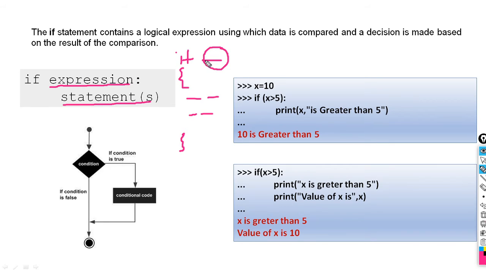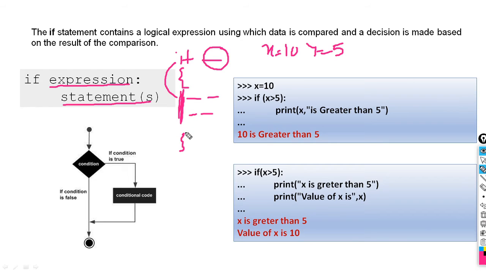Suppose x is equal to 10 and y is equal to 5, and we write if x greater than y, then what would happen here? If this condition remains true, it will execute all the statements present within this block. So we can use an opening curly bracket and a closing curly bracket to indicate this is the start of the block, this is the end of the block. It means the compiler has to execute all the statements present within this pair of braces.